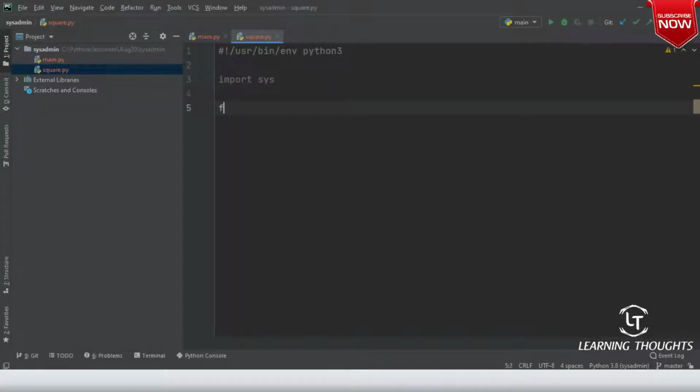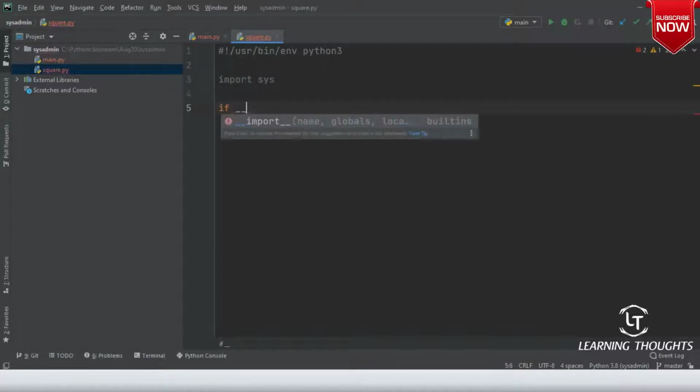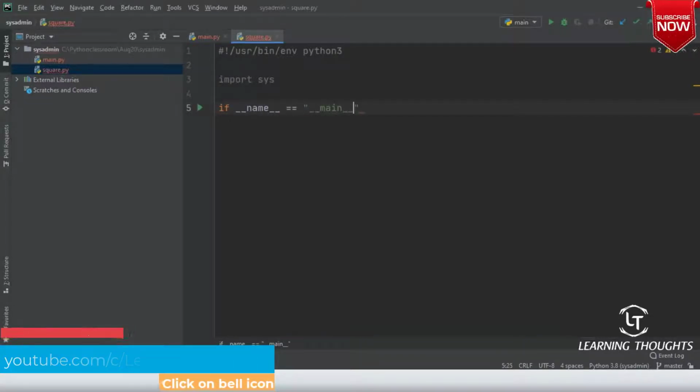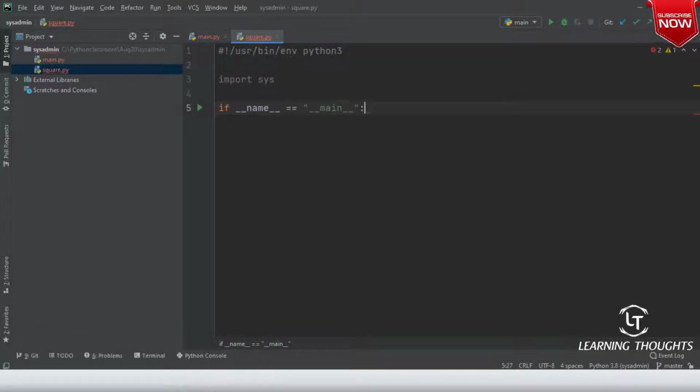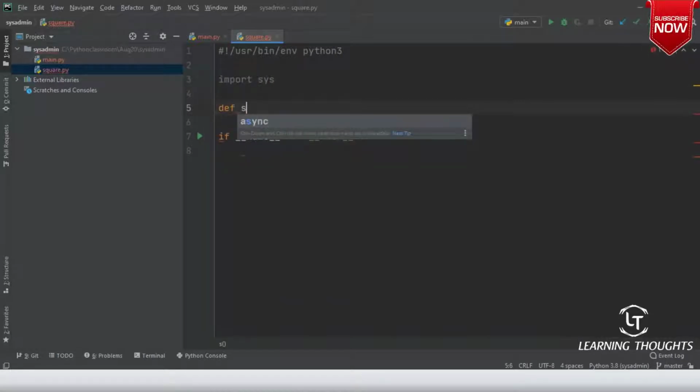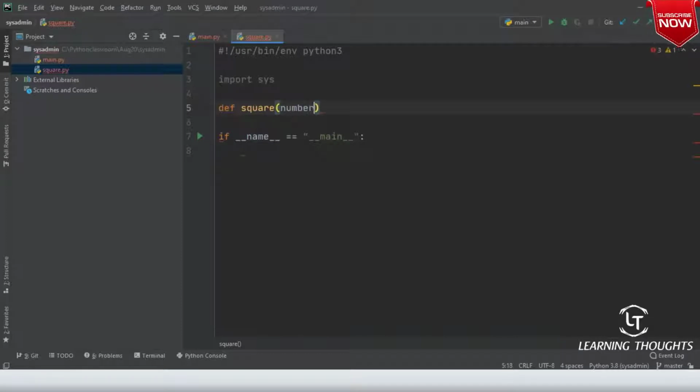So I'll simply write, let us not forget our practices, if __name__ == "__main__": then over here I'm writing a very simple function, def square of a number.